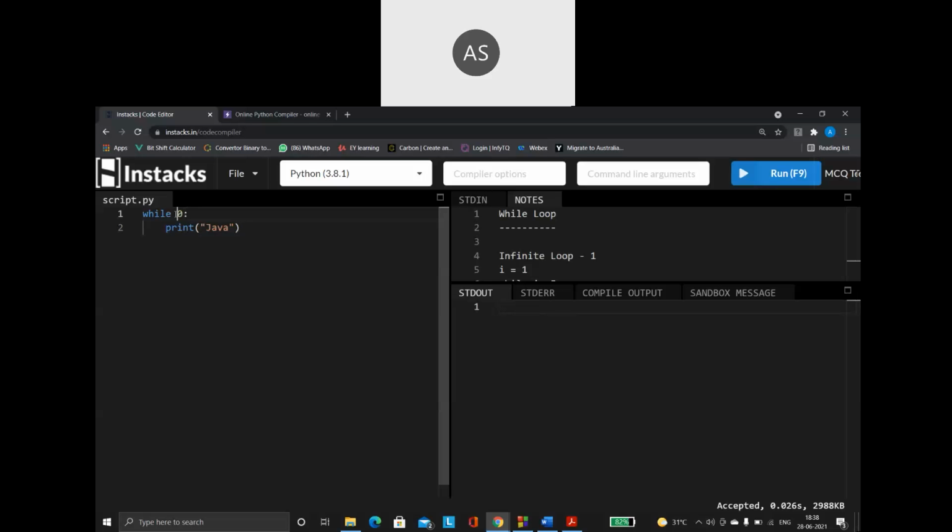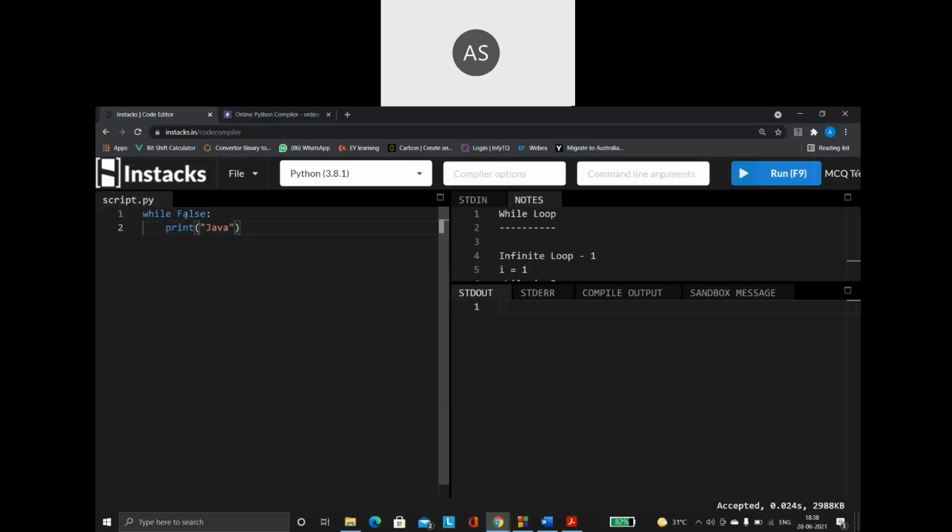So either you write 0 here or you write false; both mean the same. When the condition is false, it is never going to go inside the loop itself, so nothing is going to get printed. Whether you put 0 or false, you are saying the condition is false, so the loop will never get executed.